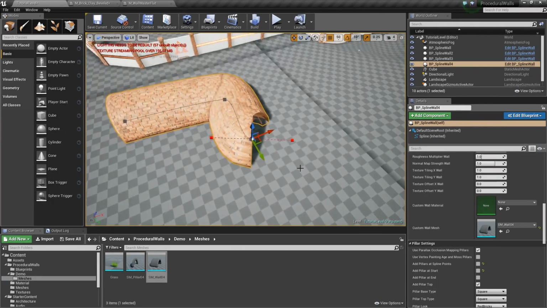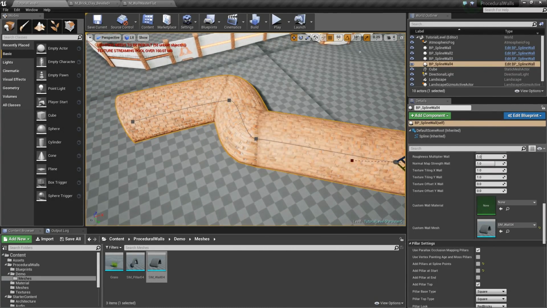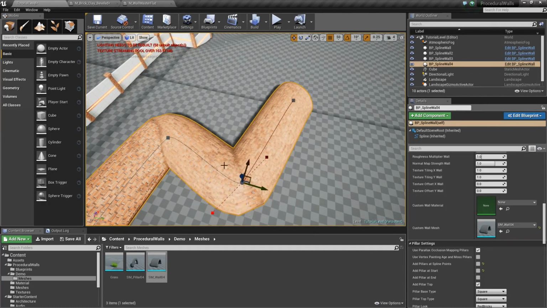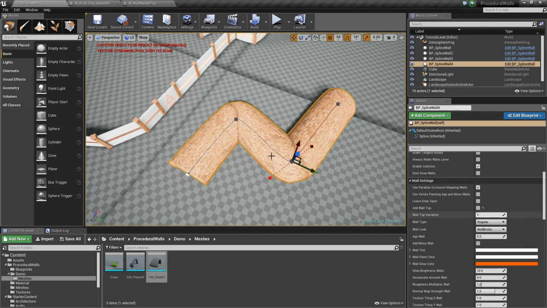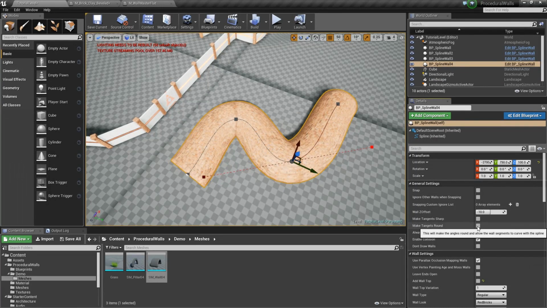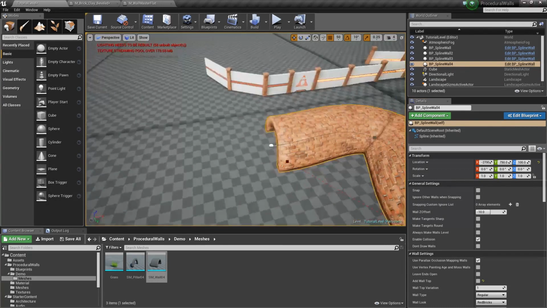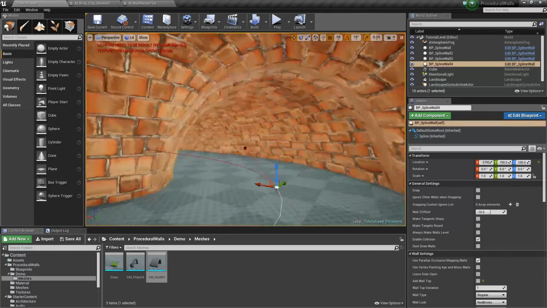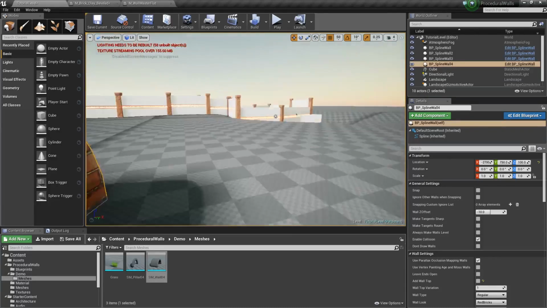Another handy thing is, as you build it out like this, oftentimes the walls get kind of squished in and bent like that. If you want to make it nice and round again, just go back to your general settings and click on make tangents round. It makes it much more round and nice. Cool. So that's an easy way to create a nice little tunnel, or use any wall